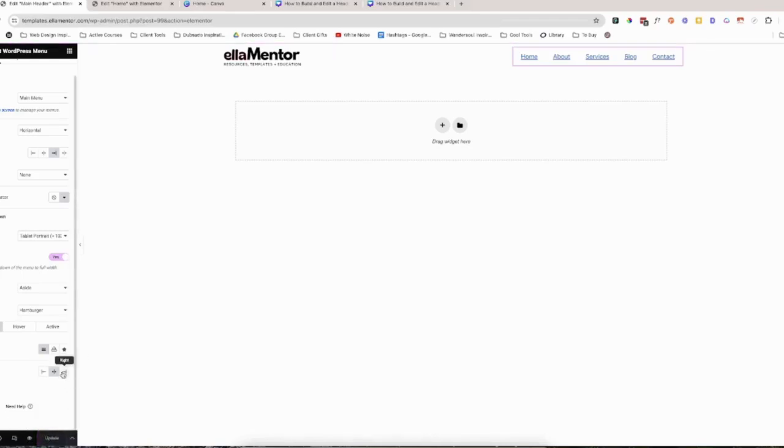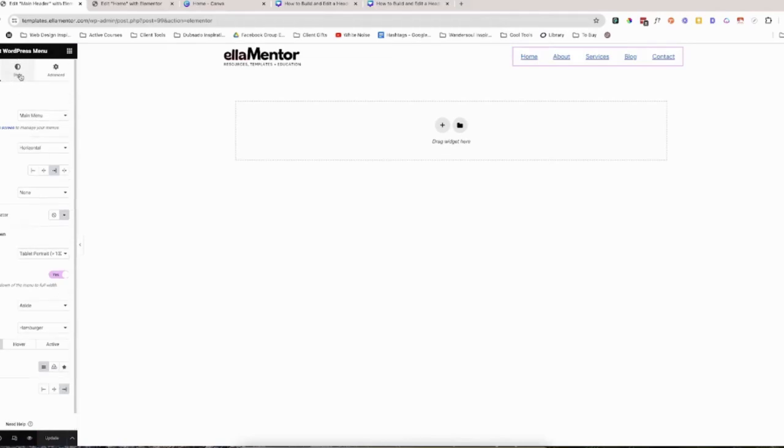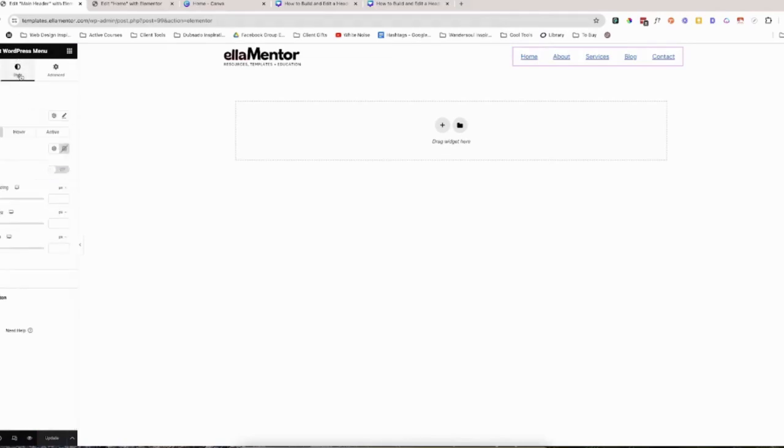And one more thing I forgot to mention is I want to go ahead and align the toggle right. That's going to be the toggle that's on tablet and mobile, but we'll get to that in just a little while when we start talking about making this responsive. So now I want to choose my style settings for this widget. And the very first thing I'm going to do is I'm going to choose my global font for the header navigation. This is something that if you've watched my previous videos or any other videos I've put together, you'll know